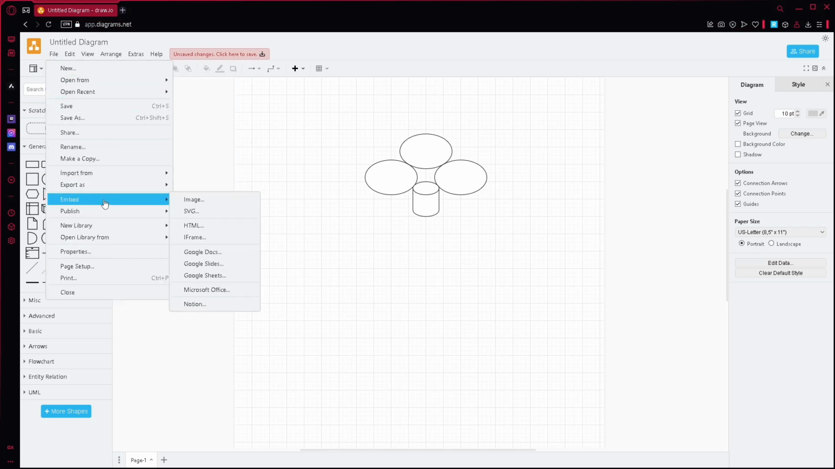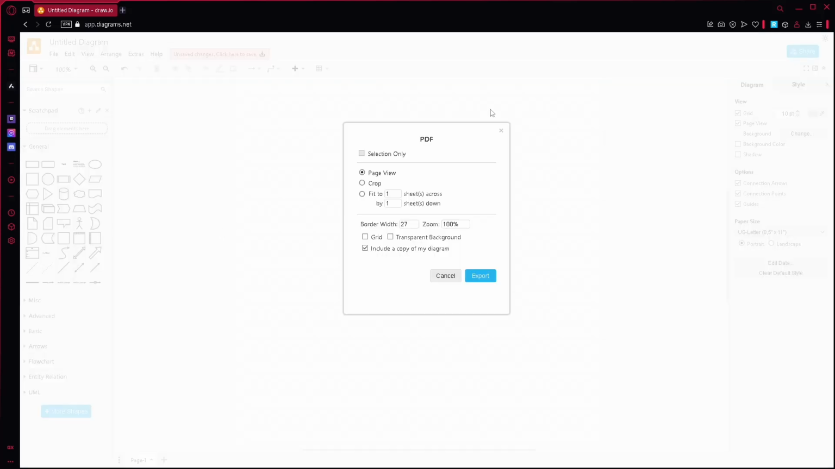Now, go to export as and here, choose PDF. And after that, change these settings to your needs, and for example, I'll have a grid, transparent background and grid,